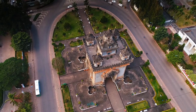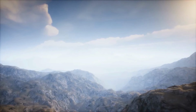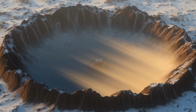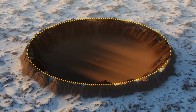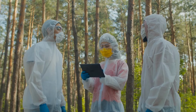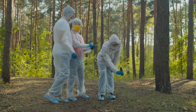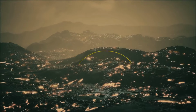The experts then decided to investigate Laos. It's a country where they discovered the largest and most concentrated number of tektites. After ruling out all visible craters, the team came up with a new theory. What if the crater is hidden by something? In search of the potential crater, the scientists measured gravity readings at different locations all across Laos. At the site of an ancient volcanic eruption, below thick, dense layers of cooled volcanic lava, they discovered a severe